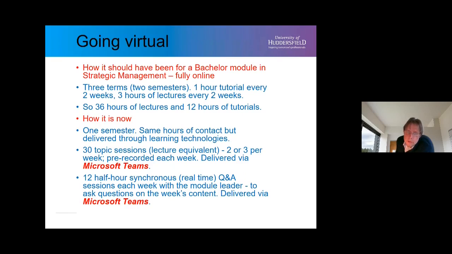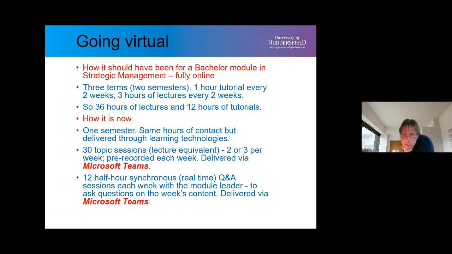So we have had some other very significant changes at the University of Huddersfield and our business school. The University of Huddersfield for bachelor programs has operated on a 3-term year basis. Some UK universities have a 3-term year and some operate the semester system. But Huddersfield is one of the UK universities which has the 3-term year. So for bachelor programs, that's how the delivery would be. But one of the difficulties with the 3-term year in the online environment is that it would have meant that we would have had to have online material prepared for modules taking place through the whole of the academic year very quickly. So we decided in the business school for our bachelor programs